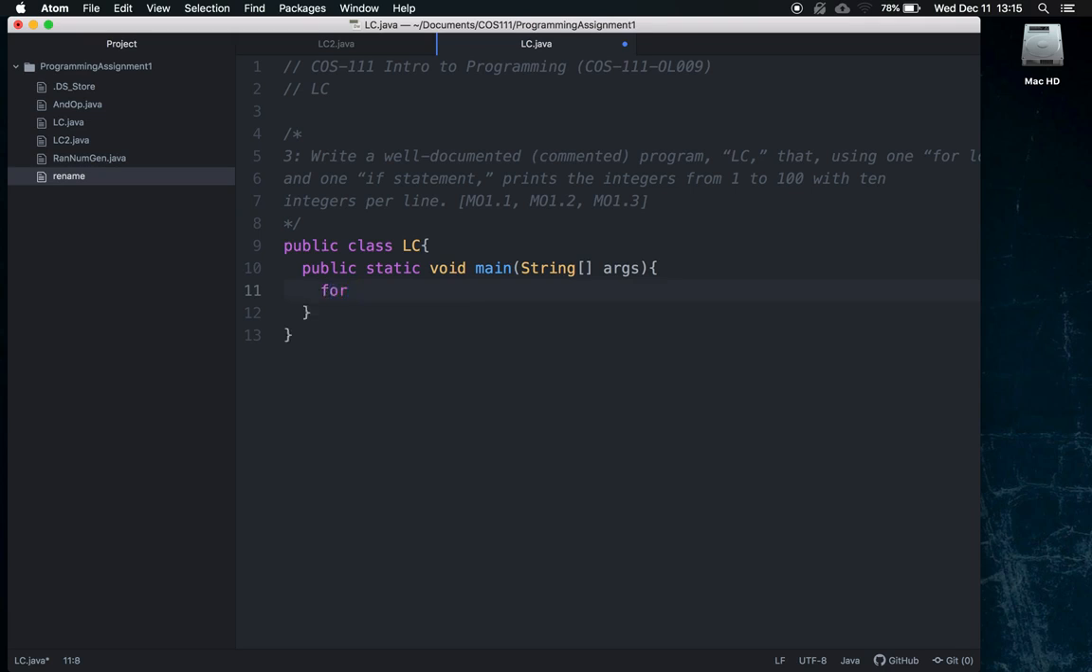Okay, so for loop. So for, and we need to print 1 to 100, so we're going to put a counter in here. int i is going to equal, we want to start at 1, so let's do 1, and then we want to stop at 100, so we'll get to 1, and then we're going to increment the i. All right, and then we're going to print out